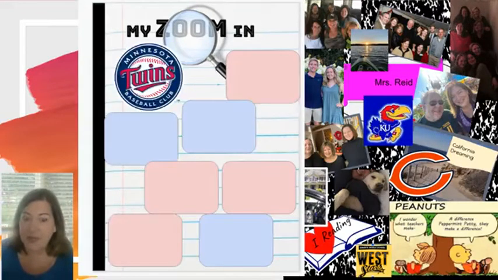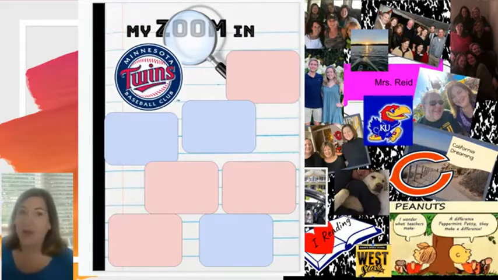And then the other option, so that's option one, you're writing a story. Option two is, let's say you put a logo and you put the Vikings because you're a Vikings supporter, or the Twins because the Twins are doing great right now. And then what you would do is you would do research. First, you would write like why the Twins are important to you, what your background with the Twins is. So, maybe you've been a Twins fan your whole life and now you really think they might take the World Series. And so you put the Twins on the cover of your notebook.